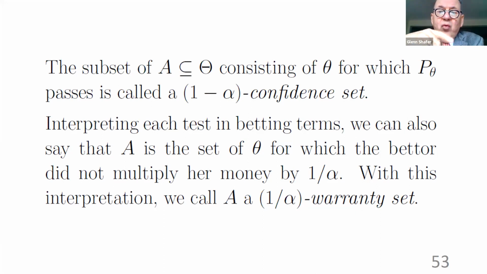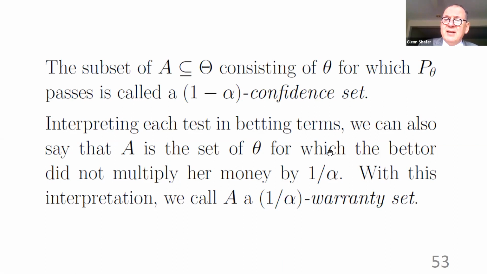So you could say, which of the parameter values passed the test in that sense, that you did not multiply your money by 20. And you could say that is a 20-fold warranty set, or in general, a 1 over alpha warranty set. So you just take confidence intervals and reinterpret them in terms of betting, and you call them a warranty set. So it's just a change of name, except